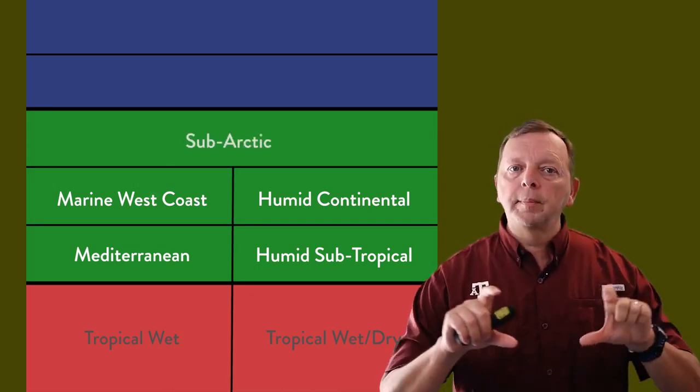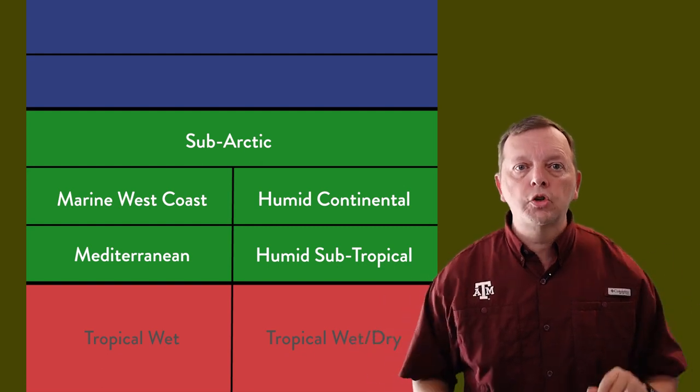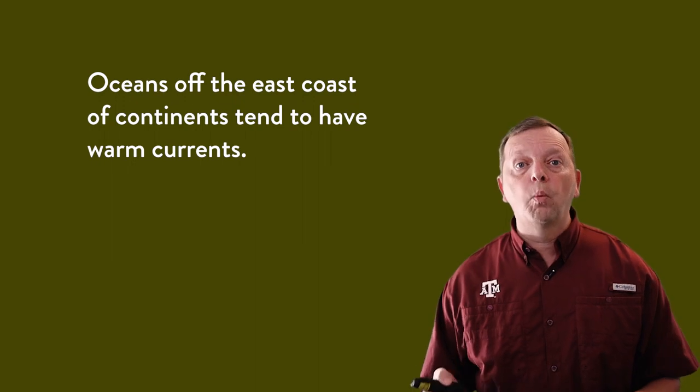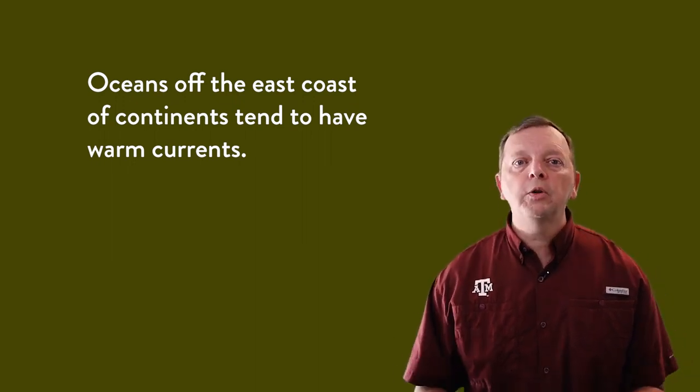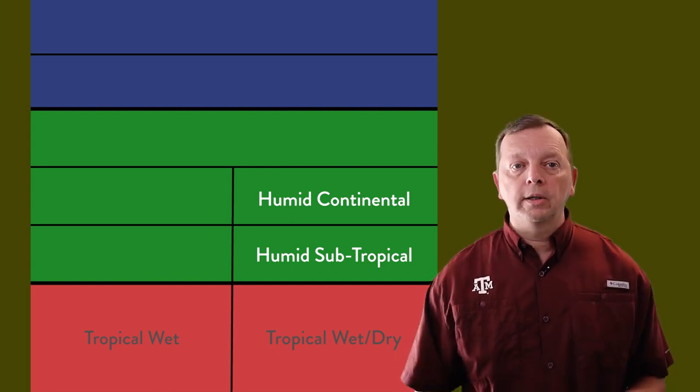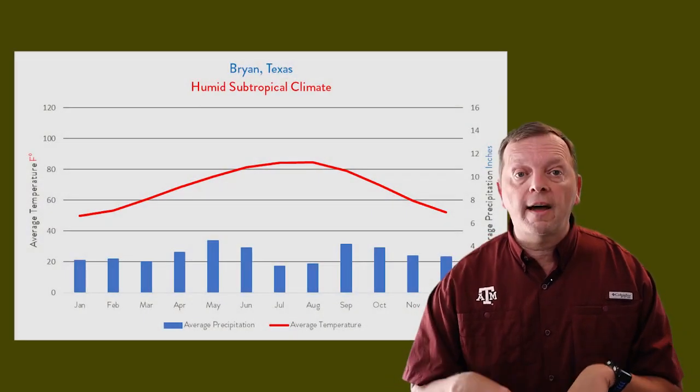And then we have our 5th climate that stretches across a continent just short of the high latitudes. Now, remember that the ocean currents on the east coast of a continent are warm, creating more humidity. This explains why on the east coast of a continent, we have a humid subtropical and a humid continental climate. Humid subtropical climates should be easy for you to remember, as it is actually the climate that we have here